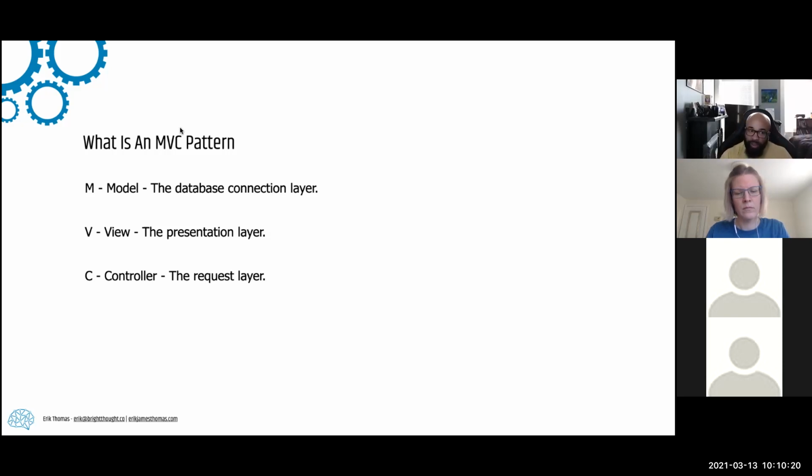Now, a controller is essentially a class that passes the data to your view. So all you're going to have in your view is just your HTML and then available variables for you to place that data wherever you want. So it's a much cleaner way to manage your theme. So that's what MVC is.